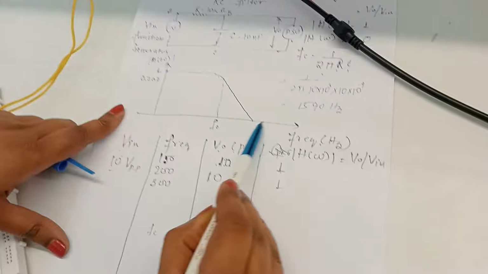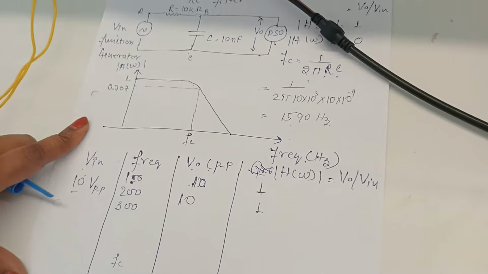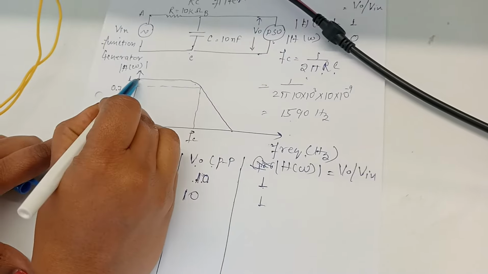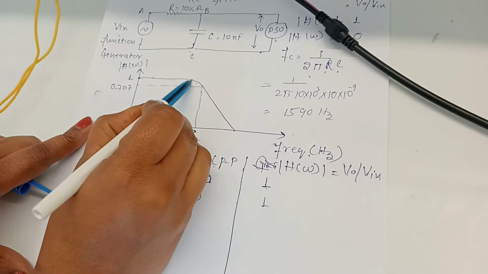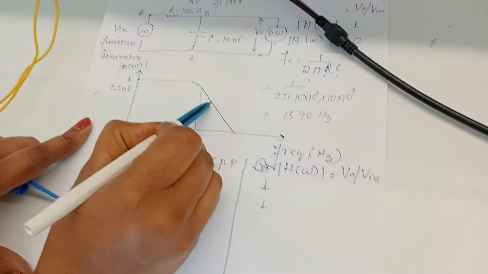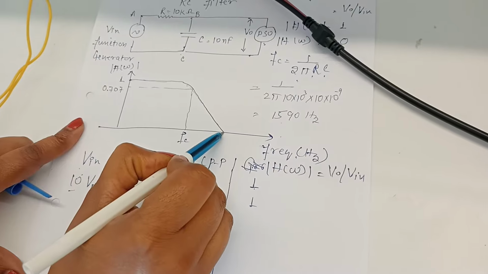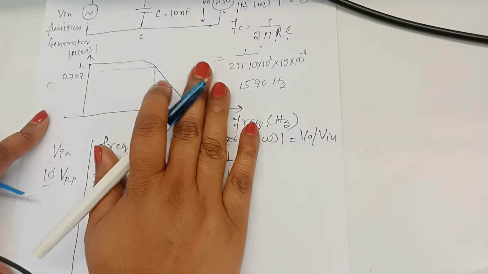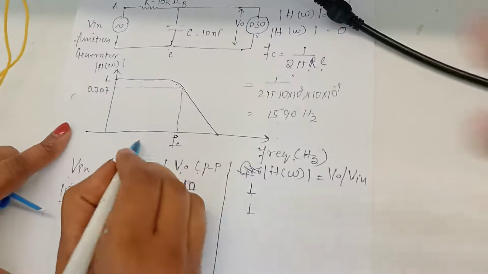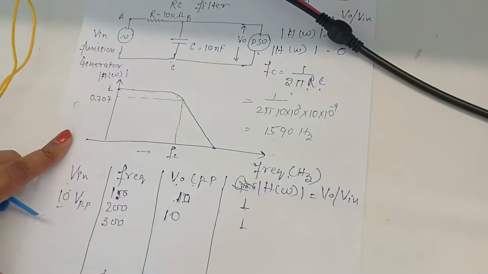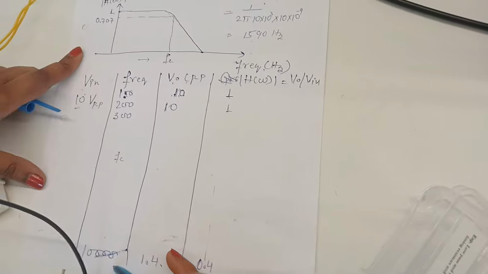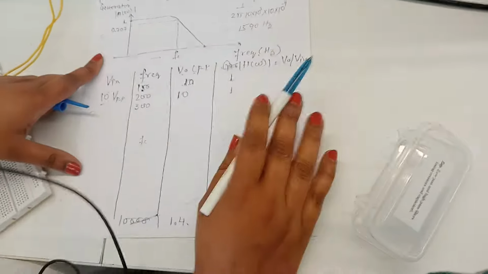So when you plot this data on a graph paper, you will get a graph like this. You have plotted on the x-axis frequency, which is this, and on the y-axis this H omega amplitude, and at the initial frequencies you will get a graph like this, and it will decrease beyond FC and it will go like this and reach around 0.4 over here. You will plot this in the graph paper. Prefer to use a semi-logarithmic graph on which x-axis will be on the log scale, so that you could plot this from 100 Hertz to 10,000 Hertz. Otherwise it will be very difficult to plot this whole data on one graph paper.